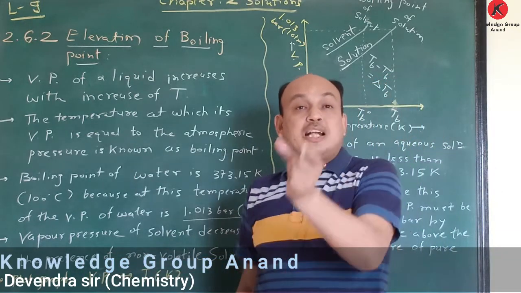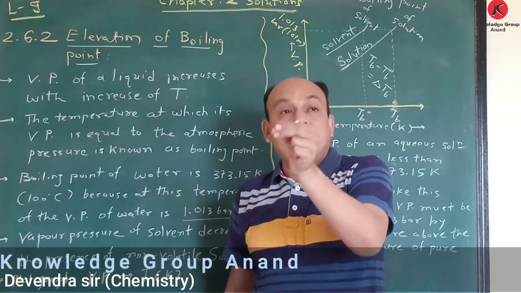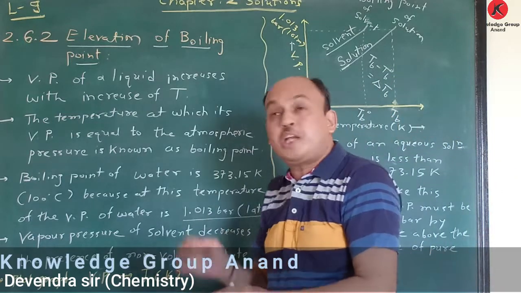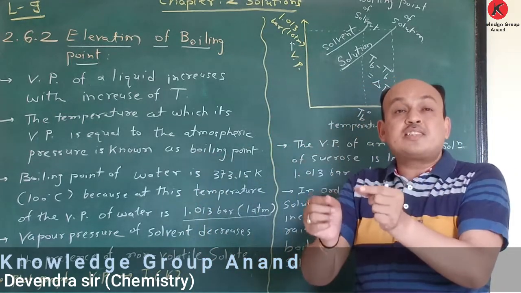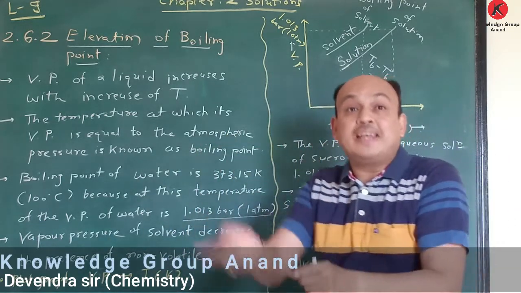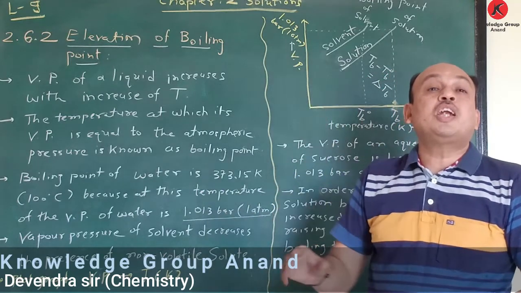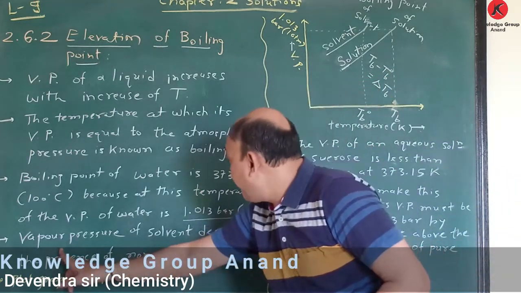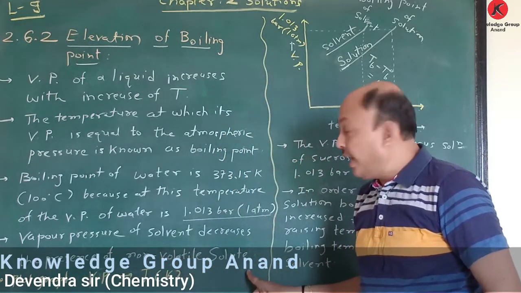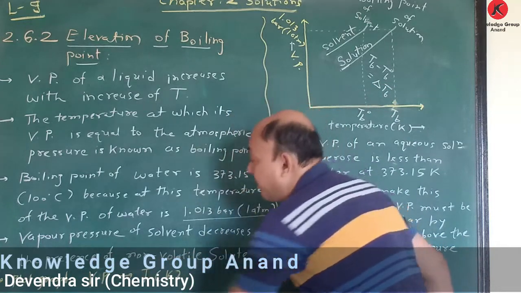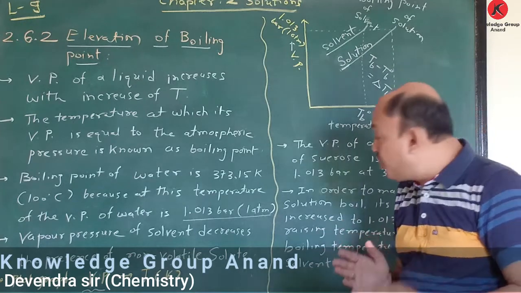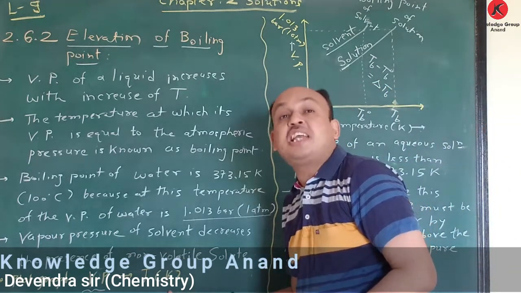Now you know, in that glass beaker of 50 ml, if we add 2 grams or 1 gram of sucrose, then this solution contains a non-volatile solute as well as solvent, and that's why the vapor pressure decreases. We already learned this in Raoult's law. So the vapor pressure of a solvent decreases in the presence of a non-volatile solute, and here we show a graph of vapor pressure with respect to temperature in Kelvin.